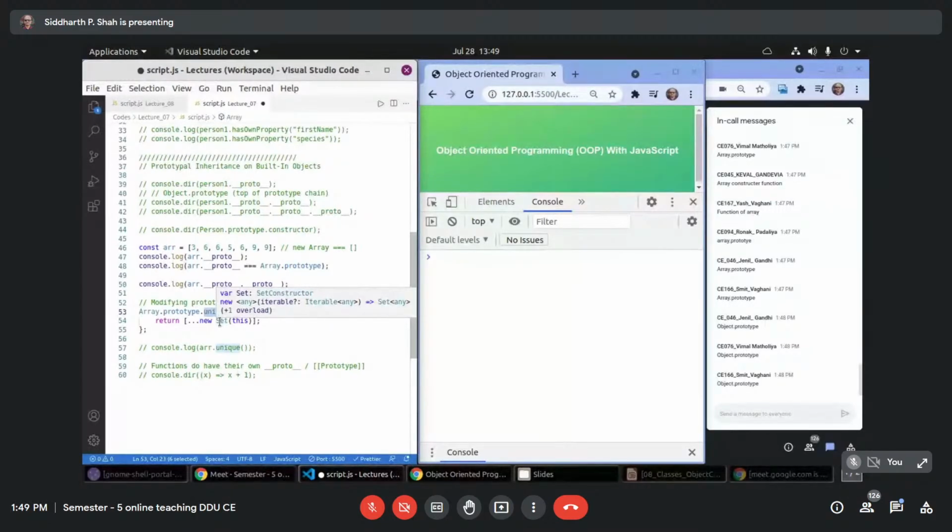This is a spread operator. You need to read about this spread operator by yourself. So this will create a set of unique elements from this object. This here will represent the array object which is calling this unique method. Then whatever elements you have, you put in an array and return it. So it will also return an array. So now if I do this,